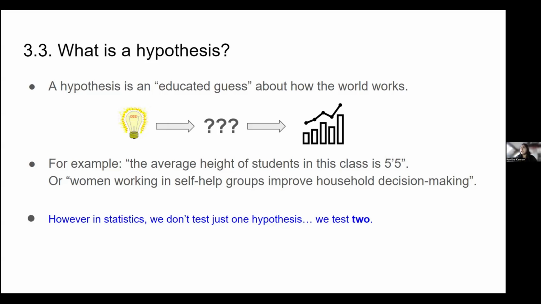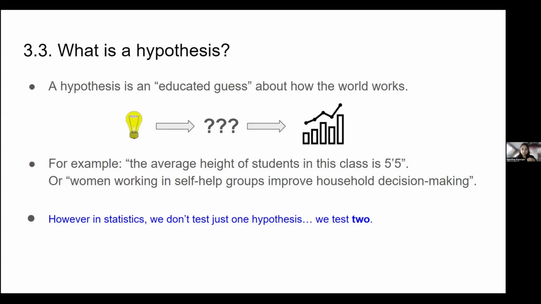So these are different counts, and then visualizing it as any kind of a bar graph, or any kind of visualization form of it, and then applying a statistical test to determine if this is actually a true thing about the question that you asked. If the statement that you suggested, the hypothesis, the educated guess that you made, is actually a true thing about how the world works, or about the question that you asked. For example, you just make the statement, the average height of this class is 5'5". So this is just a guess that you're making.